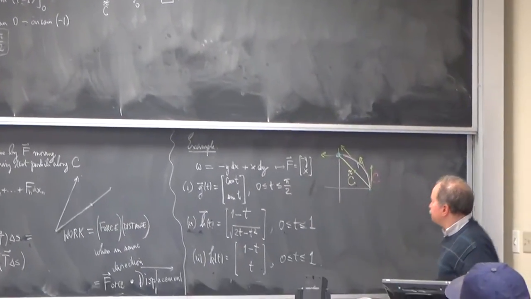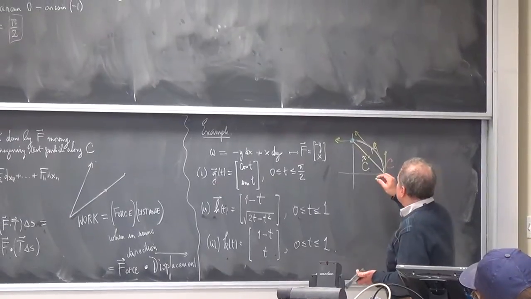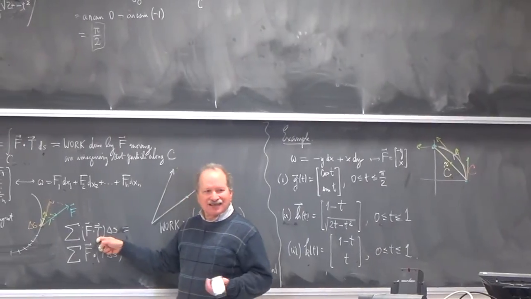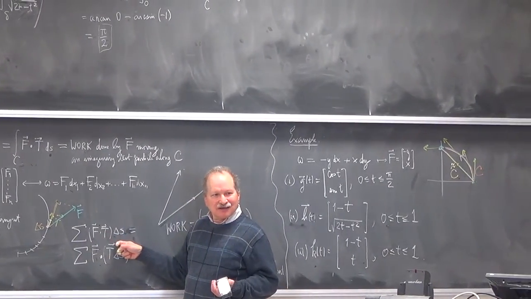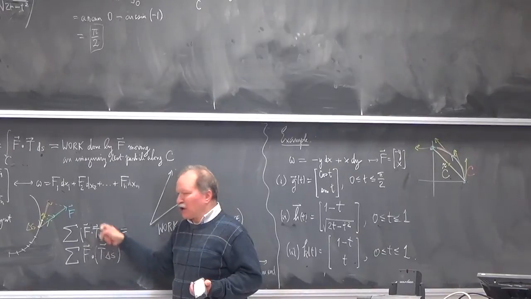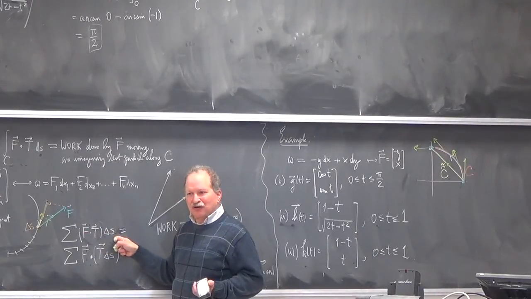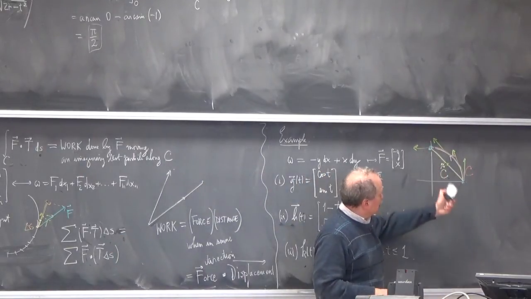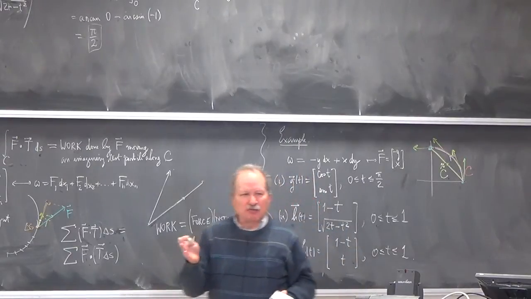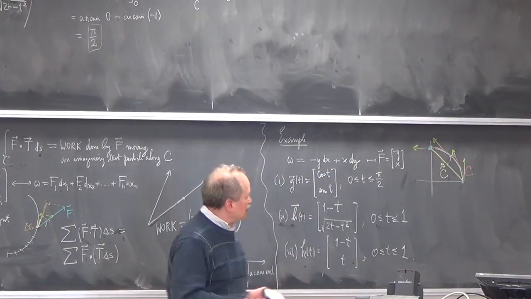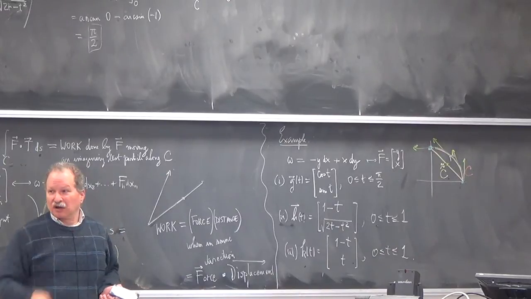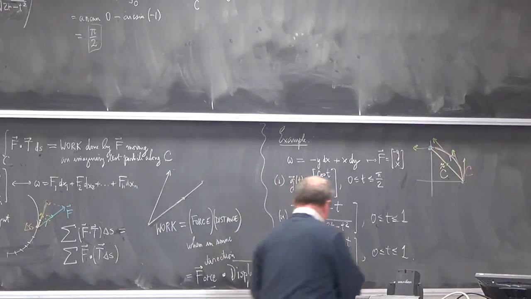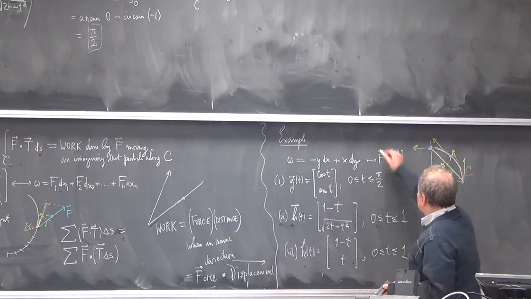Wouldn't the force pushing in the tangent direction mean there was less work? No, you're adding up force dot tangents along the curve. This is the work. So this is 1 everywhere on the circle, so you're getting the arc length of the quarter circle. On the line segment, it's not 1 everywhere. The angle changes, so you're getting some amount between 1 and 1/2 as you go along. Is that force the force in the direction of the